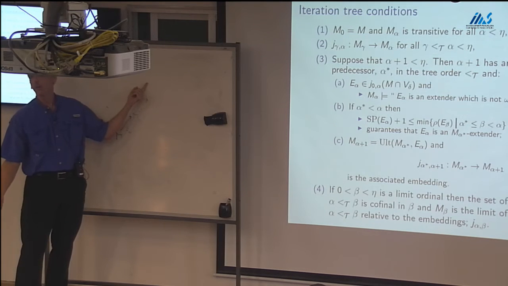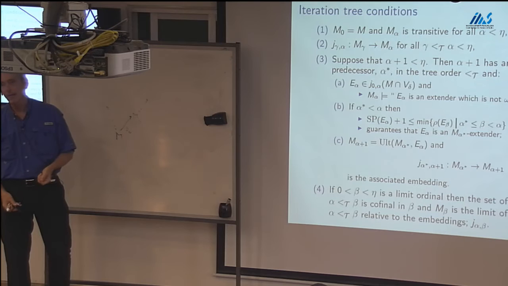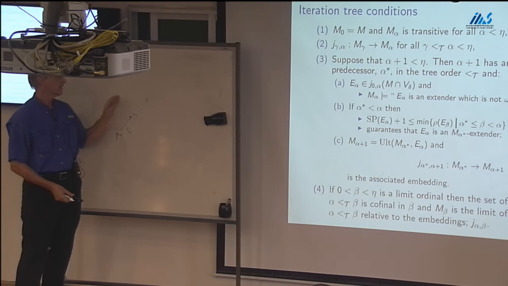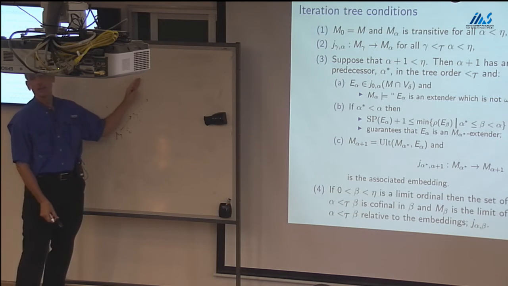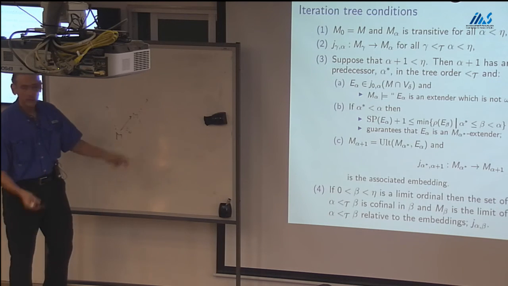Maybe there is no cofinal branch. Or maybe, so first there must be a cofinal branch, or the tree cannot continue. But then when you choose that cofinal branch, the limit may not be well founded. So at limit stages, you have to choose a cofinal branch through the tree of models such that the direct limit along that branch is well founded. Okay, so that's all an iteration tree is.